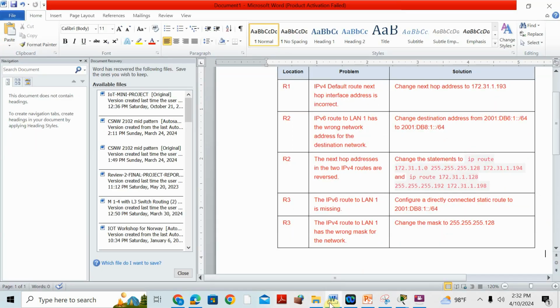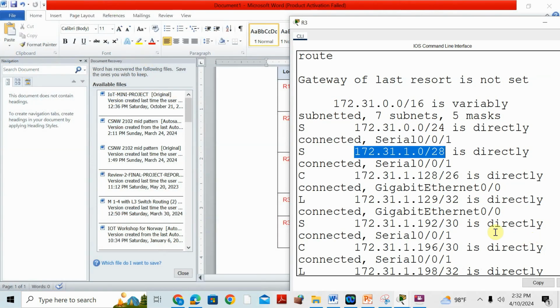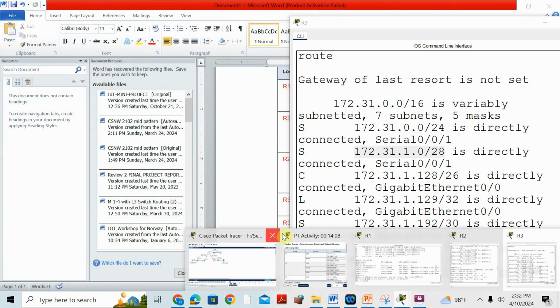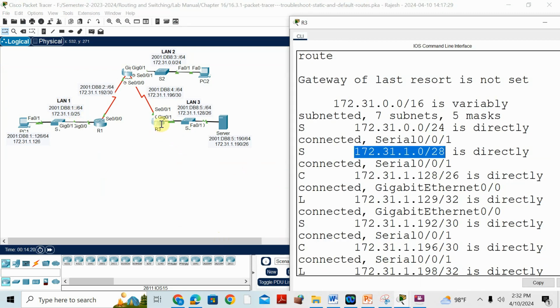I already put the answer in my Word file, R3. Change the subnet mask to 128. Okay, so why 128? This is 25. 25 means 24 plus 1, one bit from the last octet, so 128. So what I will do, I will write